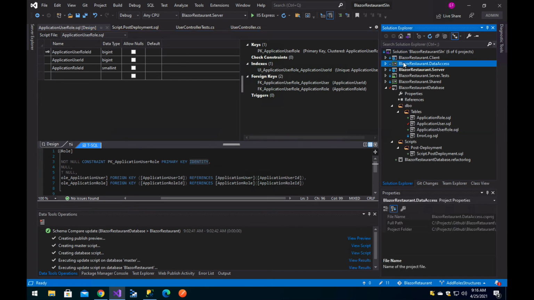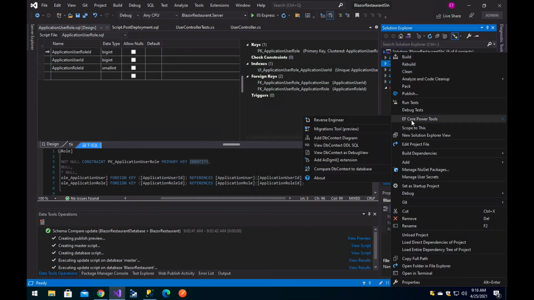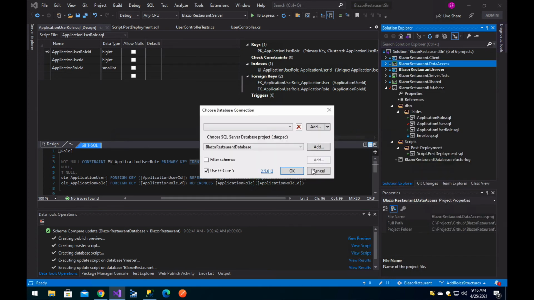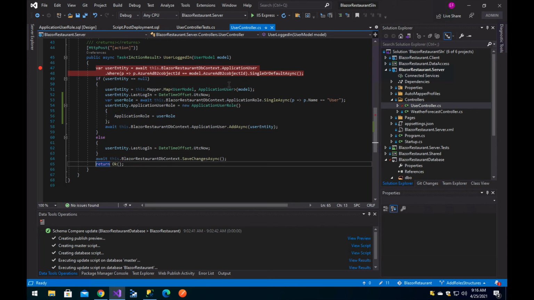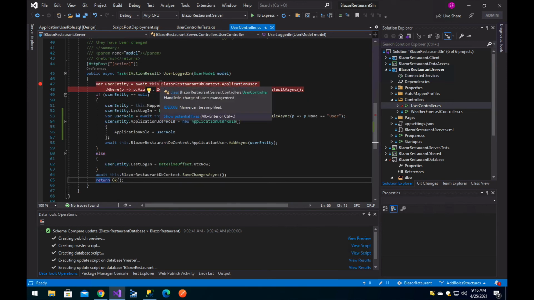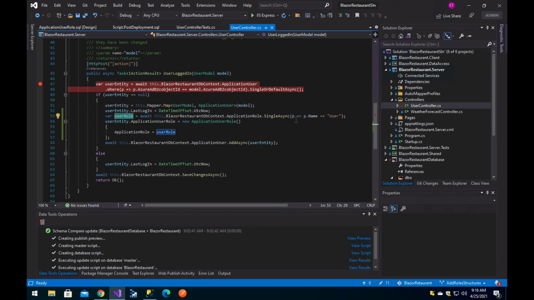The other thing I did was reverse engineer using the EF Core Power Tools to automatically create the entities. And now in the user controller, the next thing that I did was find the role that is named user and add it to the users the first time they log in. So the first time the users log in, they will be automatically assigned the